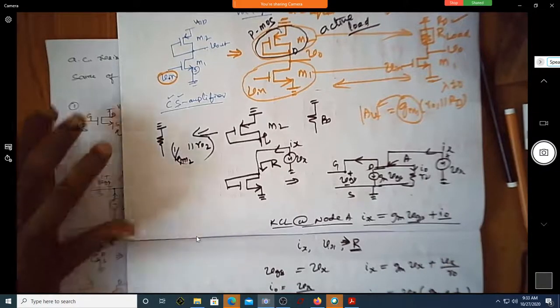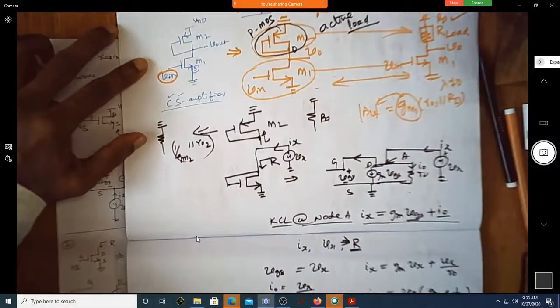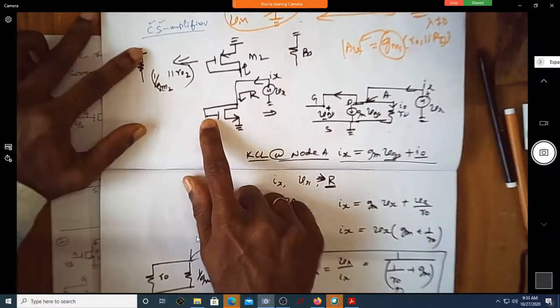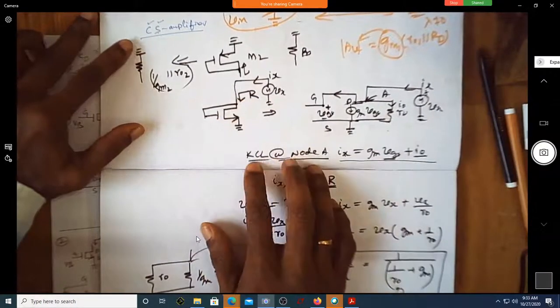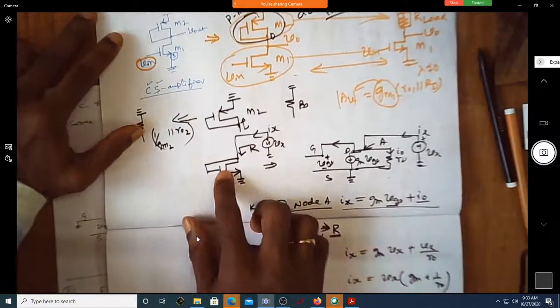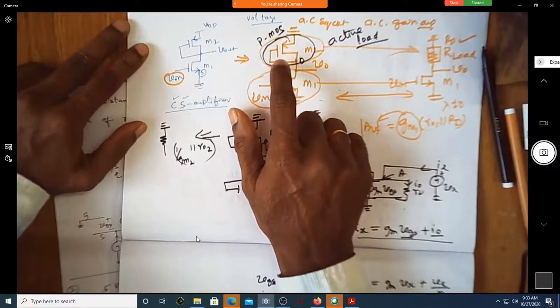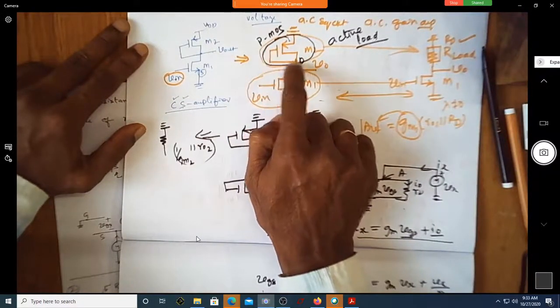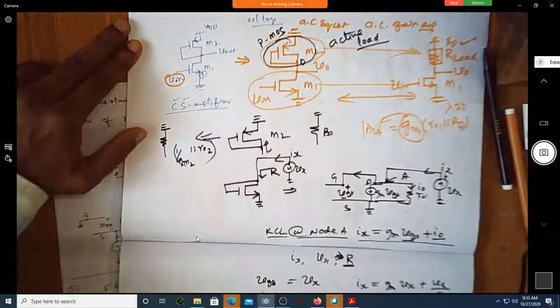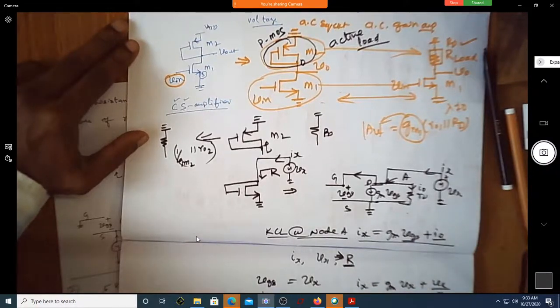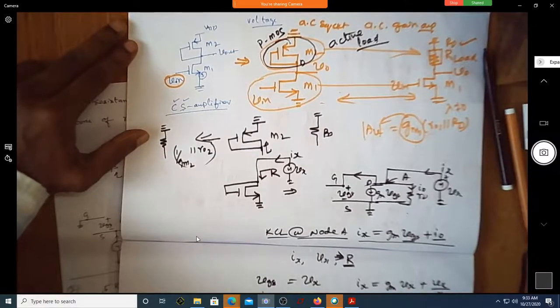What I mean to say now is we have actually considered an NMOS transistor with drain and gate shorted. Why we consider this is because we have one such situation where we have a PMOS transistor whose gate and drain are shorted. Whatever analysis that we do for NMOS transistor is equally applicable to PMOS transistor. Since you're all comfortable with NMOS transistor, I'm just writing it for NMOS transistor.